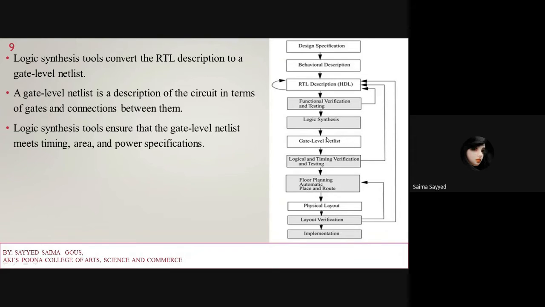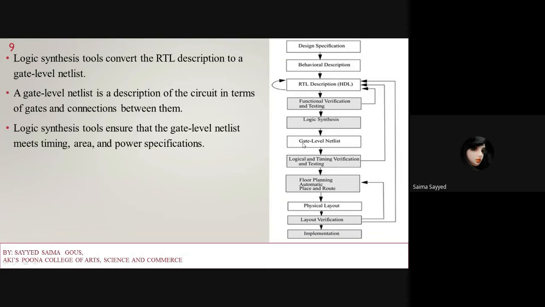After this gate level netlist, they ensure that it meets the timing, area, and power specifications. So here logical and timing verification and testing is done. If it is okay, then it goes to the next block. If there is some error in power specification, area, or timing, then it goes back to the RTL description. Again it verifies the specification, and then again this process: functional verification, logic synthesis,